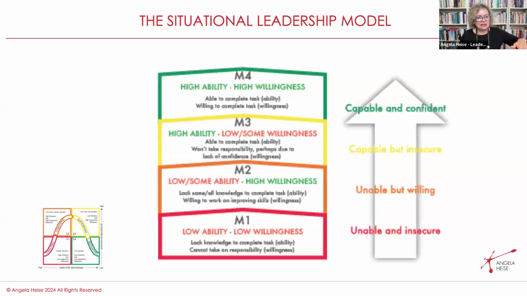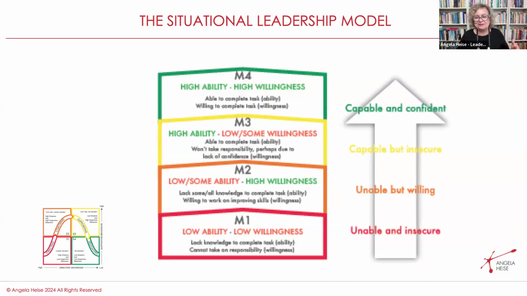So when you go into the different quadrants, I'll put the handout, like a little sheet for that, into the chat, so you can have a look at that later. But the idea is to get people from low willingness to high willingness. And the only way you can really do that is by acknowledging that they have competencies.